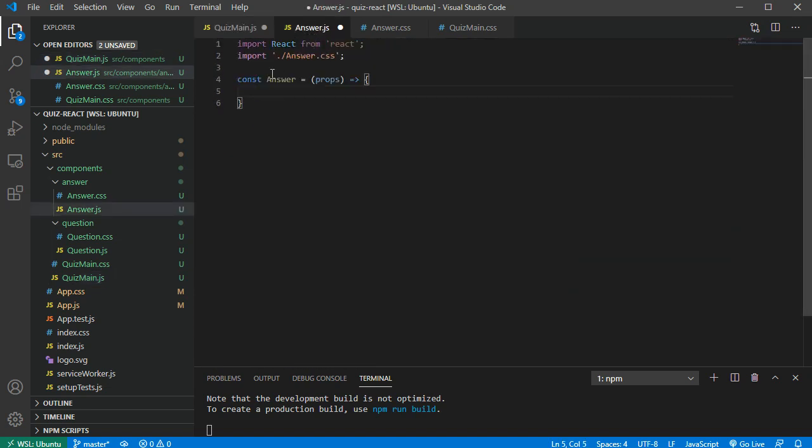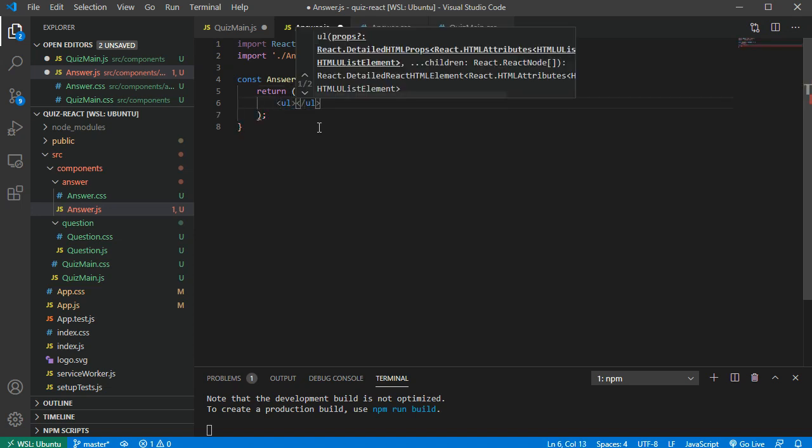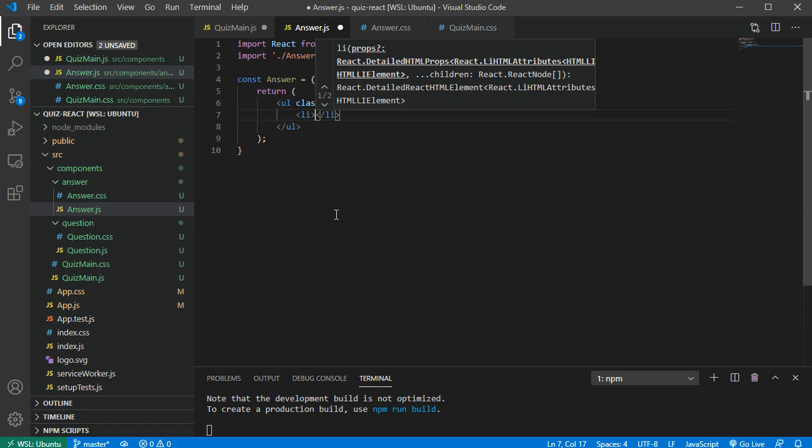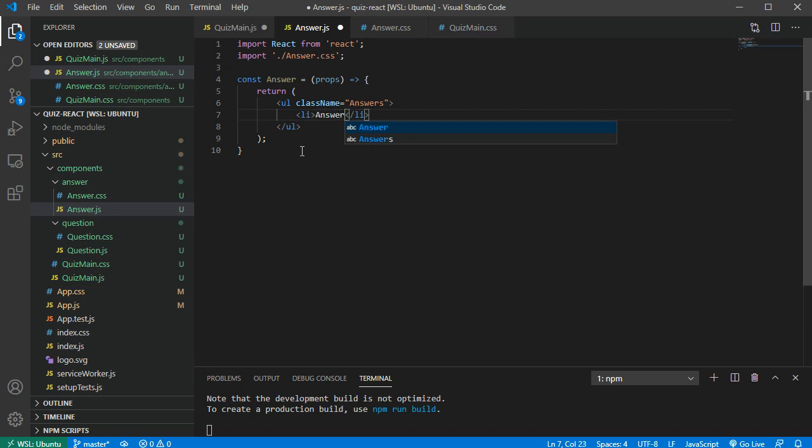we should import this component, of course, but let's add just a return function here. This is going to be a list, so we have a UL, and this UL is going to have a class name, answers, like this. And here let's just have one list item, and this is going to be question answer. Let's leave it like this, just to make sure that we import it properly. Actually, I forgot to export this one,